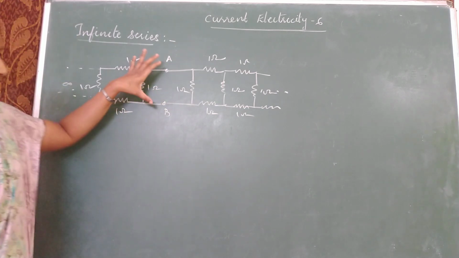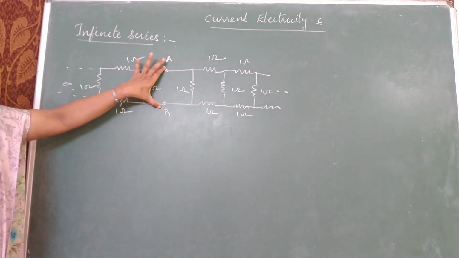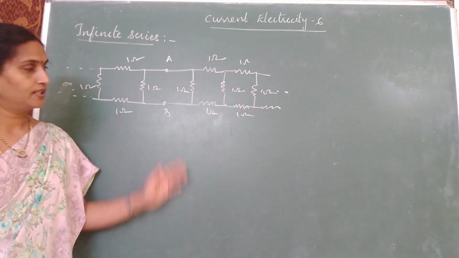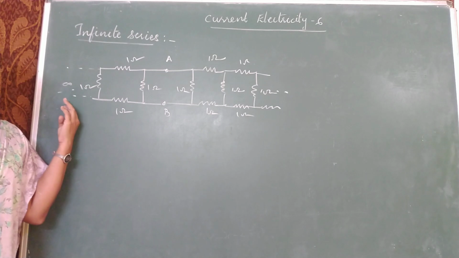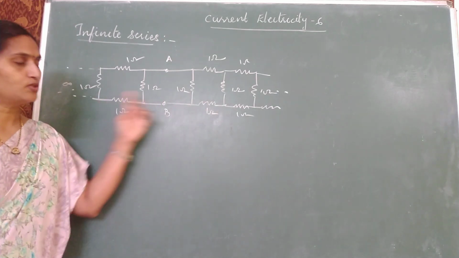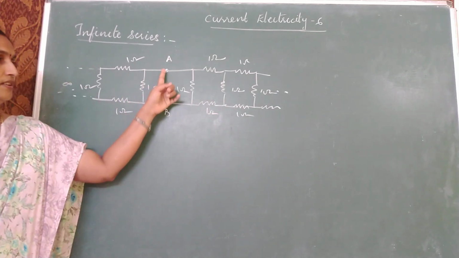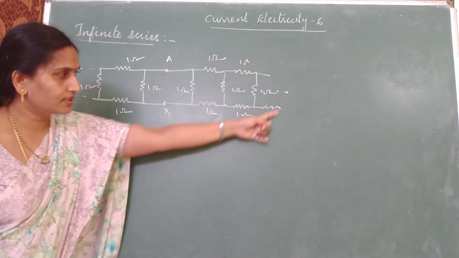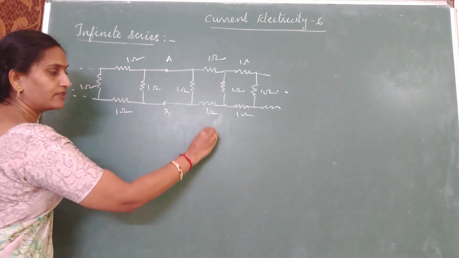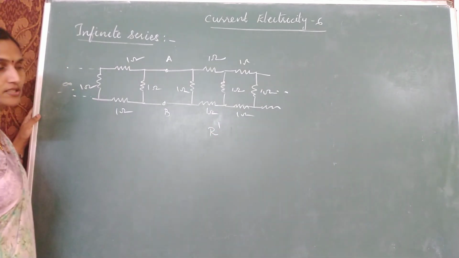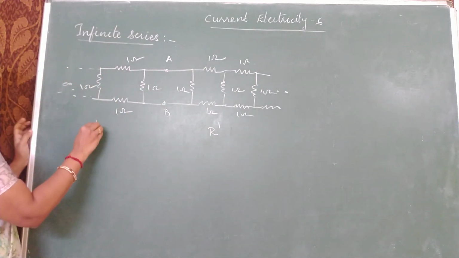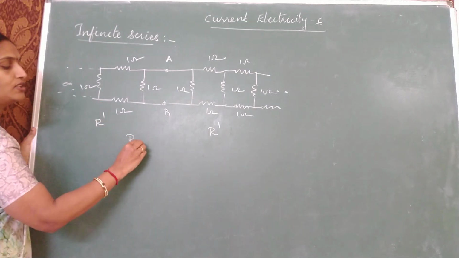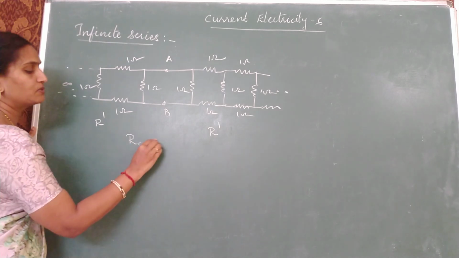So if you want to calculate the equivalent resistance across AB, first I will find out the solution for the left branch. Will you get the same answer for the right branch? And how are these two branches connected between A and B, that is in parallel combination? So assume that for this half, my equivalent resistance is R dash. For the left half also you get the same answer, R dash. So what should be your answer for equivalent resistance between A and B?